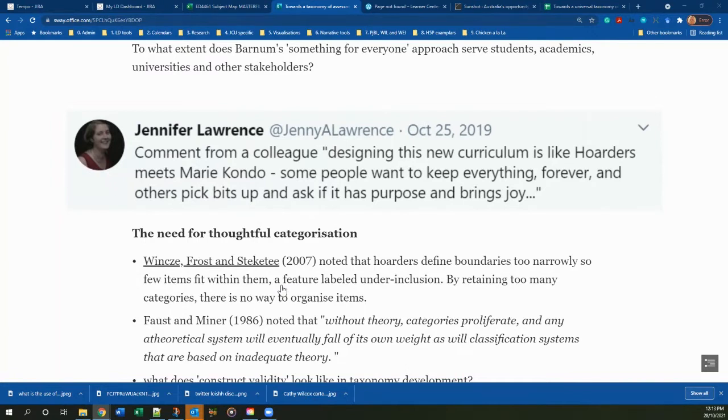simplistic, but there is something there about thoughtful categorization. When we use the term taxonomy, that comes from the discipline of biology, and it can also be described as a work in categorization of our knowledge, categorization of our learning outcomes, categorization of our graduate attributes, our 21st century skills, our learning tasks, and also our assessments. So just 2 points I want to make in terms of the notion of hoarding and what to deal with that. So the first one is this study by